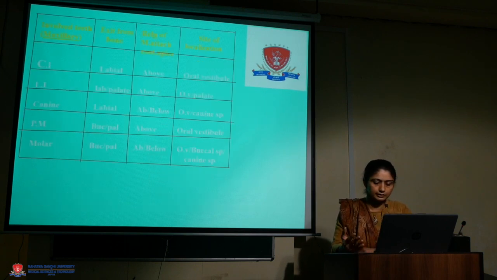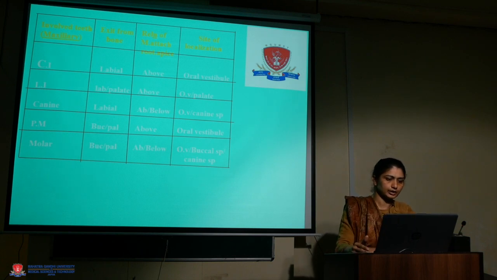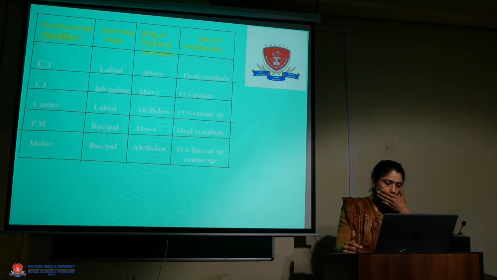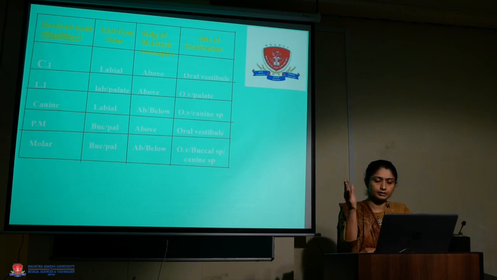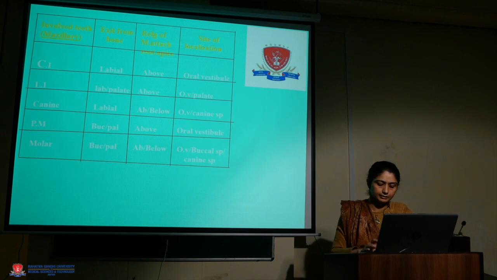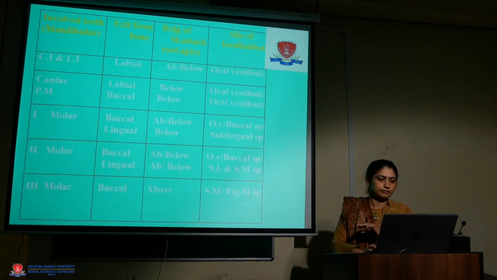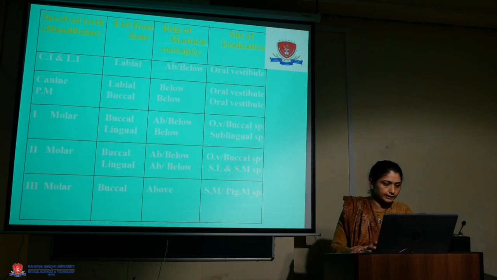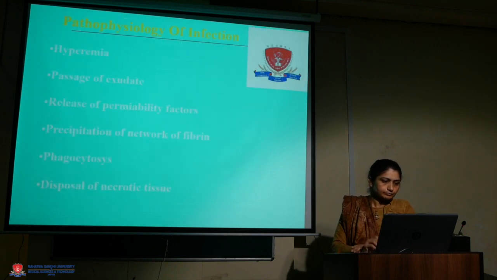So how the infection will spread, and from which tooth, depends on the muscle attachment and the position of the root. With respect to that, if the root is near the labial bone, it will go into the labial vestibule. If it is on the lingual side, there will be less resistance, and the fistula or the abscess will be formed on the lingual side. And the second thing will be the muscle attachment, that will also decide where we will see the infection due to the maxillary and the mandibular teeth.